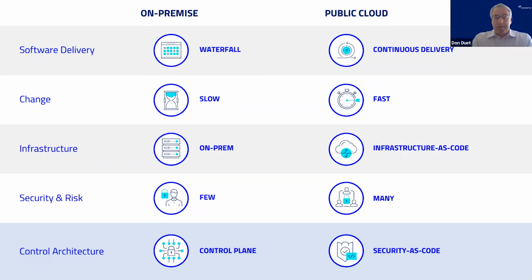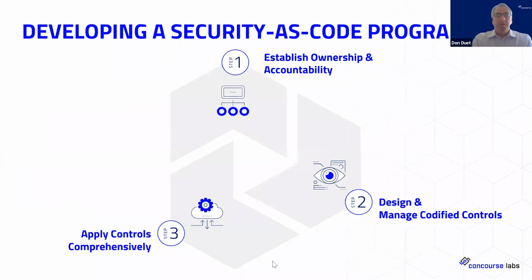So, turning quickly to some of the ways to develop a security as code program. What we've done is identify three principal foundations that have been very important in helping clients build a security as code program that's robust, scalable, and adaptive to meet the increasingly changing needs of cloud. We've defined them as three categories. We'll go through each one of those in a moment.